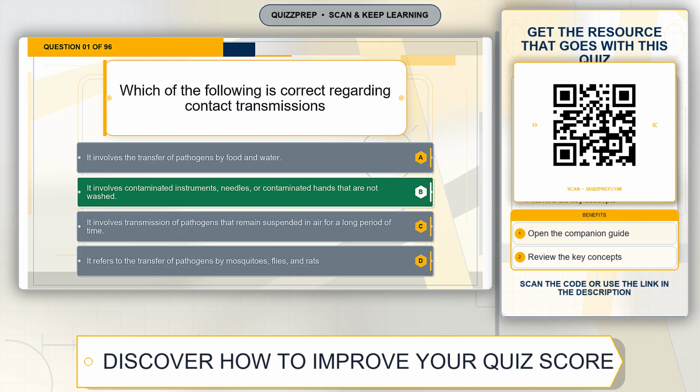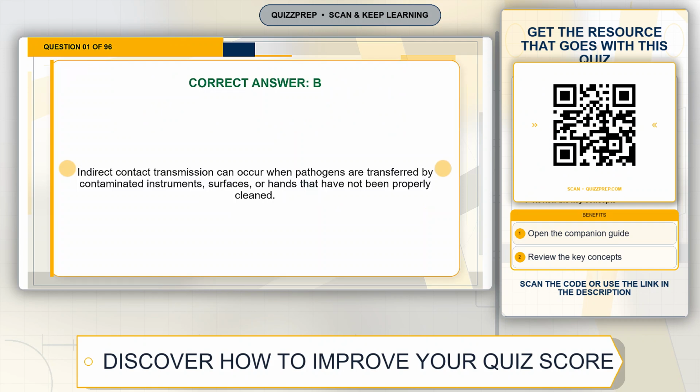The correct answer is option B. It involves contaminated instruments, needles, or contaminated hands that are not washed. Explanation. Indirect contact transmission can occur when pathogens are transferred by contaminated instruments, surfaces, or hands that have not been